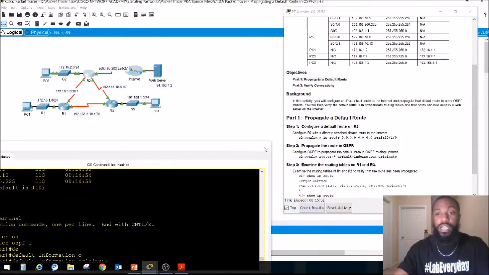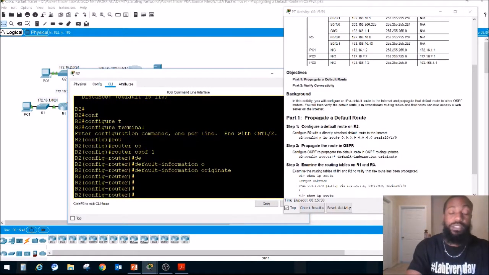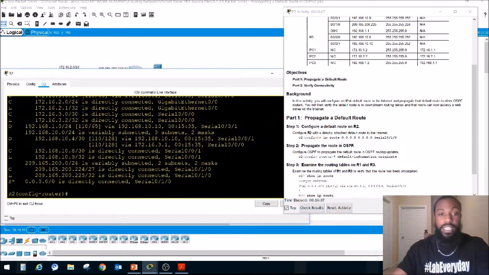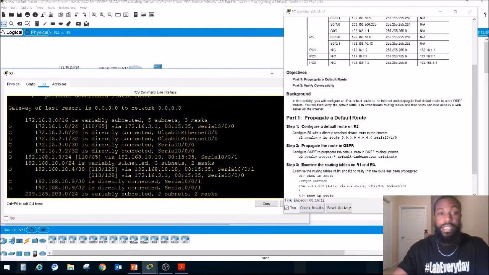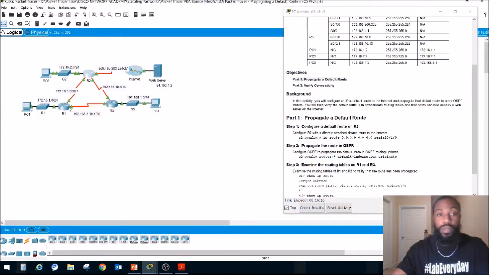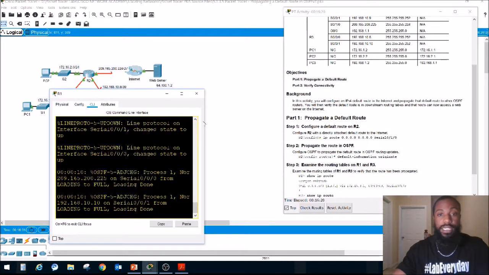I wish I would have showed y'all the routing table for the other guys so y'all can see when it was without it. Maybe I'll edit it in here. Do show IP route. Let's see what's changed on router 2's. Nothing has changed. He still has that static route there, right? Nothing in here says that he's sharing it. However, if we go to router 1 or router 3, let's pick router 1